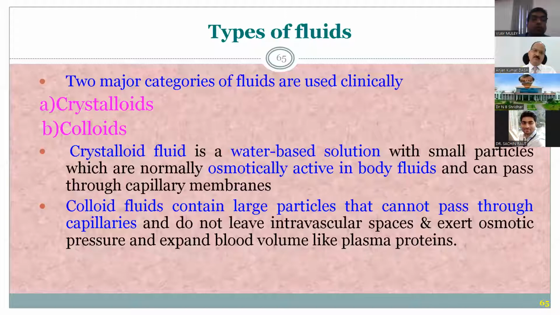What are all the types of fluid? There are 2 types of fluid: crystalloids and colloids. The crystalloid fluid is a water-based solution with small particles, osmotically active in the body fluids, and they can pass through the capillary membrane. They are called crystalloids, whereas the colloidal fluids contain large particles that cannot pass through